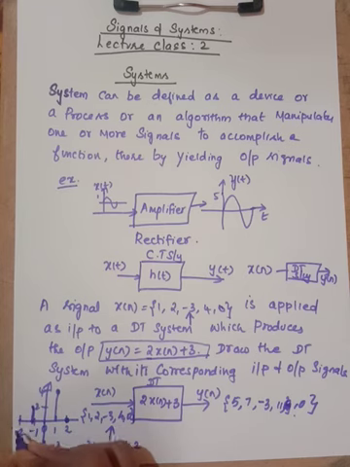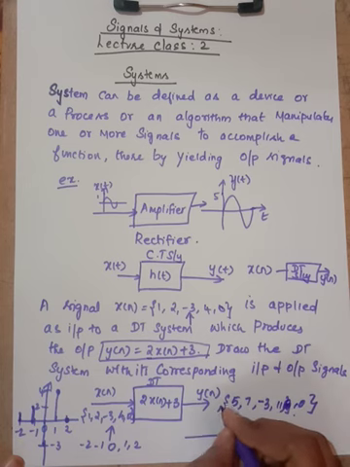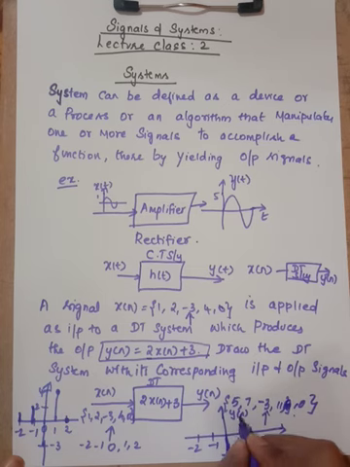Okay, and at minus 2 the value is 1. So this is the graphical representation, and if you want to draw the output, what you will get is y of n. This is the same thing: 1, 2, minus 1, minus 2, and we need to draw the value. Now at the origin you will have minus 3, and at 1 you will have 11.